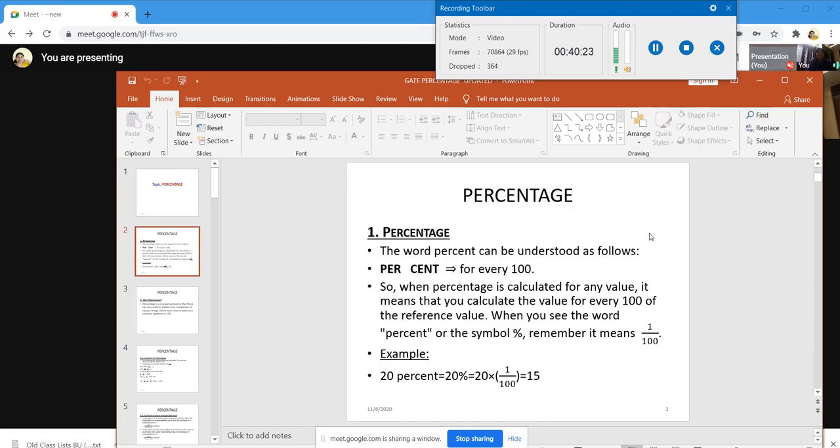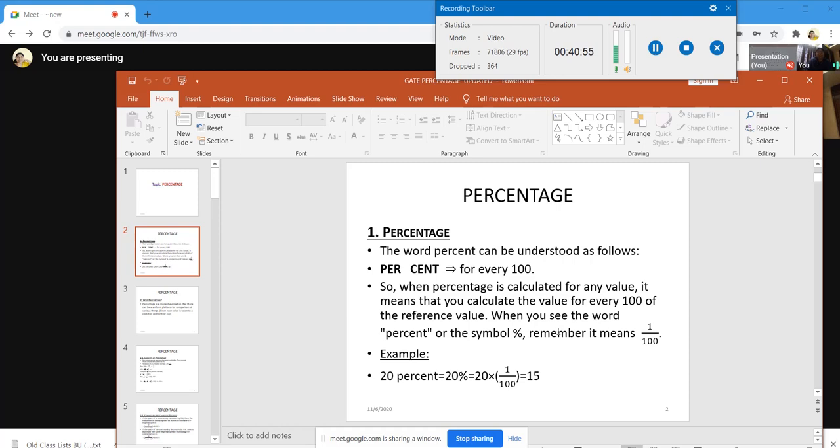Why do we need to learn about percentage? Because it is a universal concept. We can mention anything by percentage. Everyone can understand it throughout the world. If you are giving 30%, they could understand it for 130 as well. Everyone can understand this. There is a common concept that everyone has to know. So percent is nothing but for every 100. So we are going to learn some concepts of percentage.